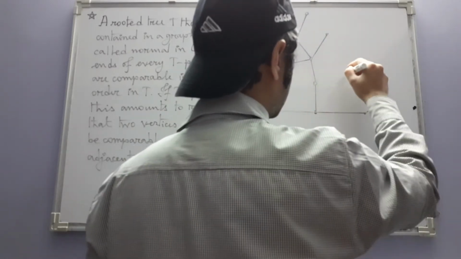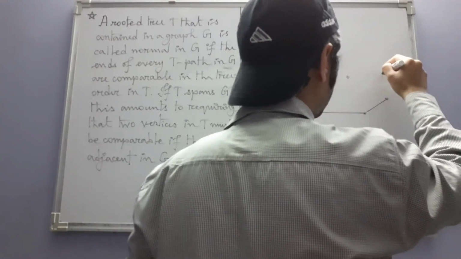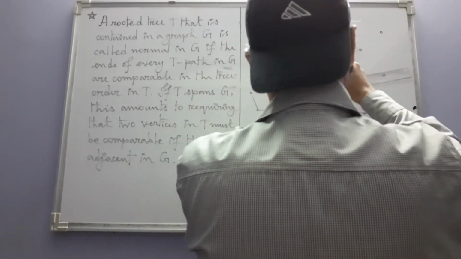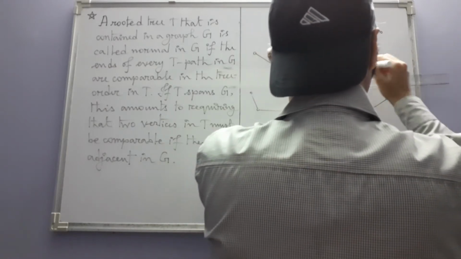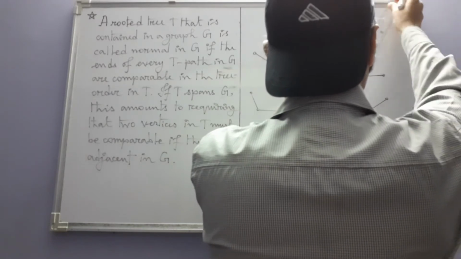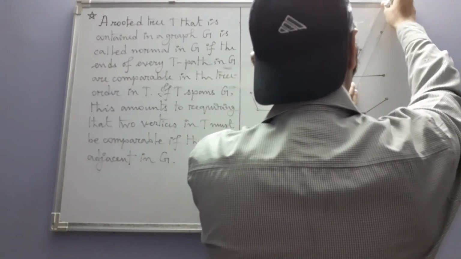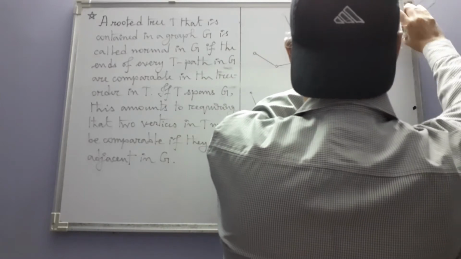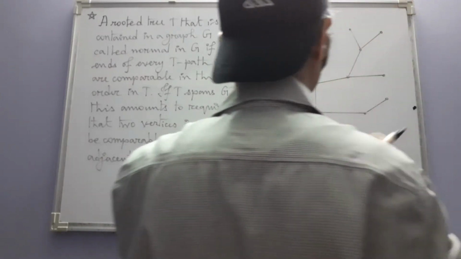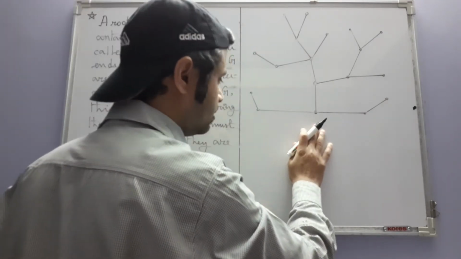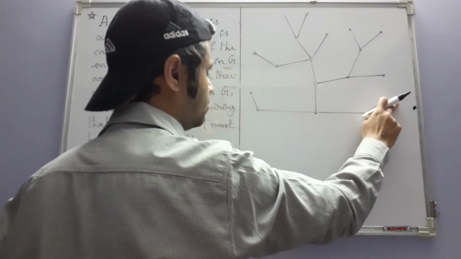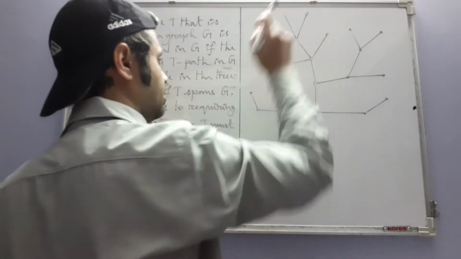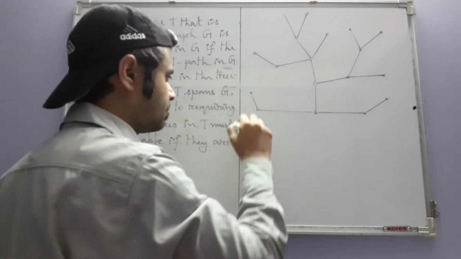And then more vertices on this side. Let us see if we have got 18. 1, 2, 3, 4, 5, 6, 7, 8, 9, 10, 11, 12, 13, 14, 15, 16, 17, 18. Yes. So this is a tree T,